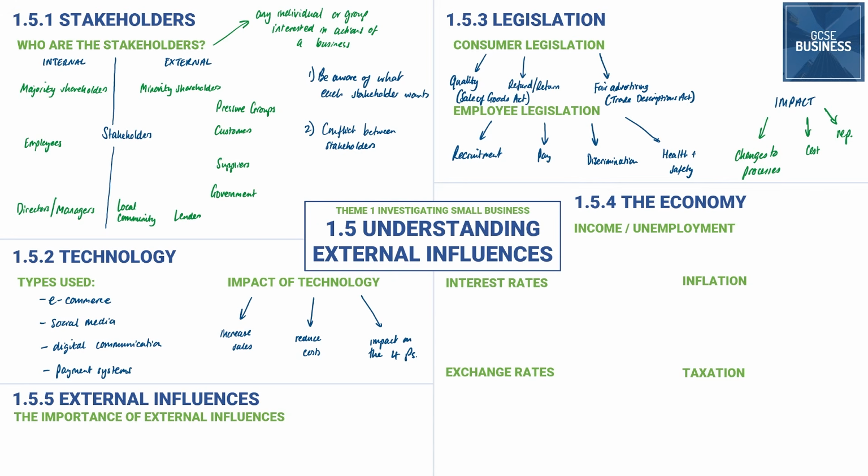Now on to 1.5.4. In my opinion, 1.5.4 is probably the most complicated topic in Theme 1, definitely, potentially in the A level. And it's not necessarily because the concepts are really complicated. It's just because there's a lot of terminology here that you'd probably not have heard of before. And so it can be quite specific. And it's obviously quite a lot in one topic. So it's quite a lot of heavy content in one topic. So this is probably one that requires a little bit more of a recap.